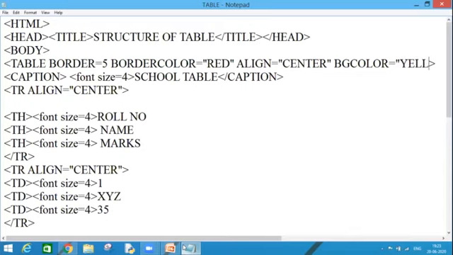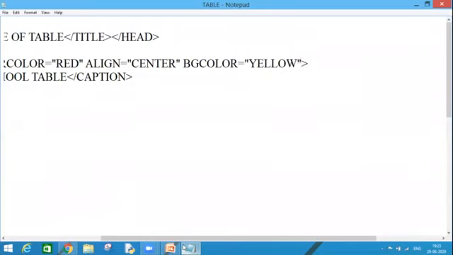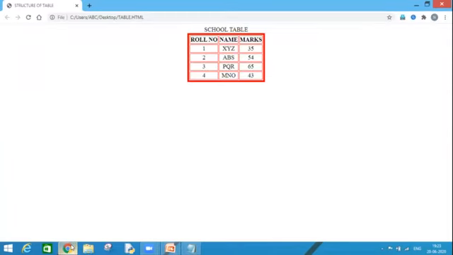How? Let's say I'm assigning yellow color to my table background. Control S, go back again, press F5, and the result is here in front of you. The background color is only changed inside the table, not of the whole web page.